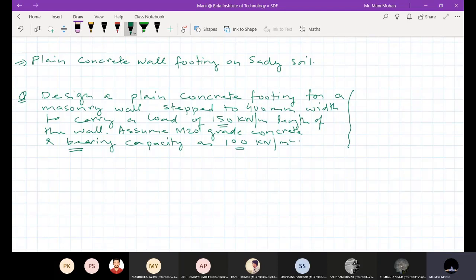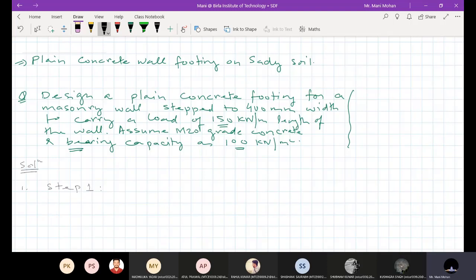So what should be the procedure which you should follow to solve this type of problem? What will change here? Only the load magnitude and the bearing capacity will change. And if I have systematic steps, you can follow those steps to design this type of foundation. So my first step, step one.